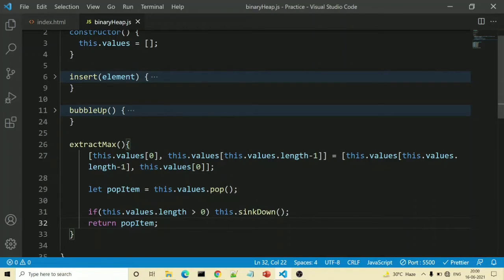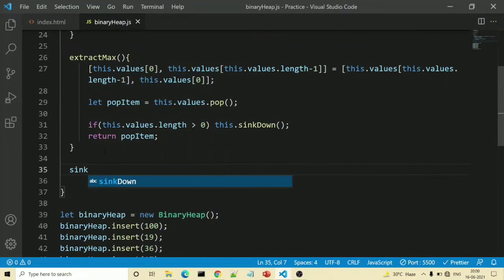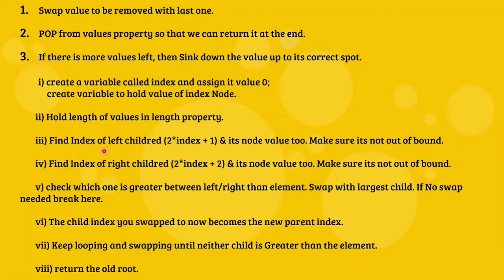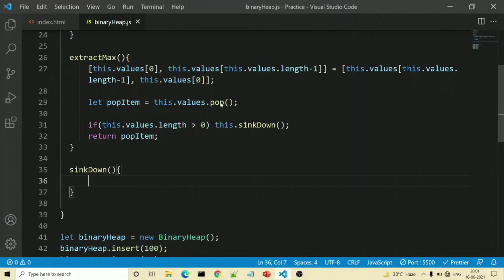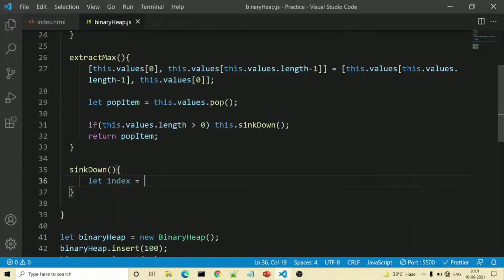But yes, now we need to define our sink down method. So we will go down and here we will write sinkDown. With this, our code will be much cleaner. Inside the sink down method, it is saying create a variable called index and assign it the value 0. Then create a variable to hold the value of the index node. So here we will write let index is equal to 0.